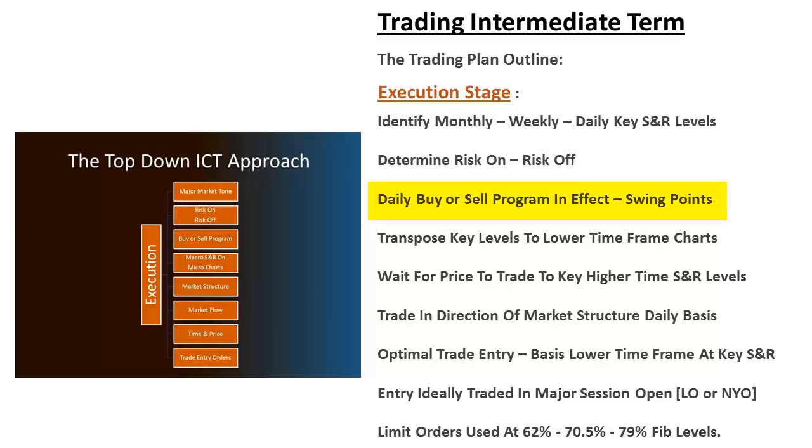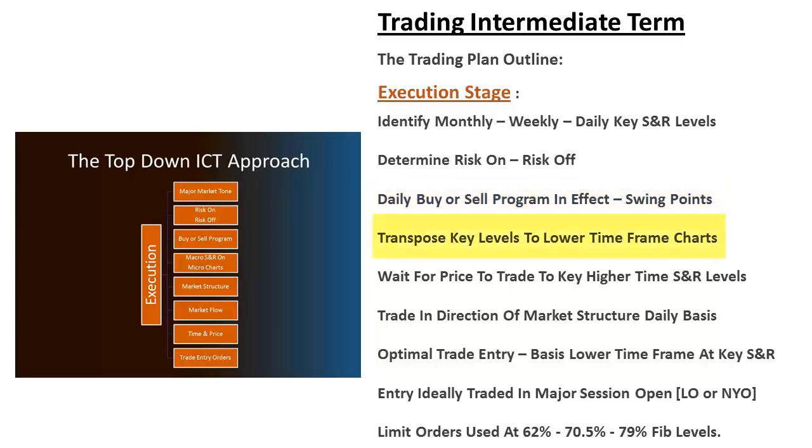You want to be referring to the daily buy and sell programs. Okay, and that means, are we trading off of a key support and off a swing point formation on the daily chart? Because that's what you need for buys. And if we are in a sell program and we see a swing high forming at a key resistance level, okay, that's an indication that we are in fact a go for risk off scenario and daily sell program. Okay, so that has to happen for us to be confident with our trading for this style of trading.